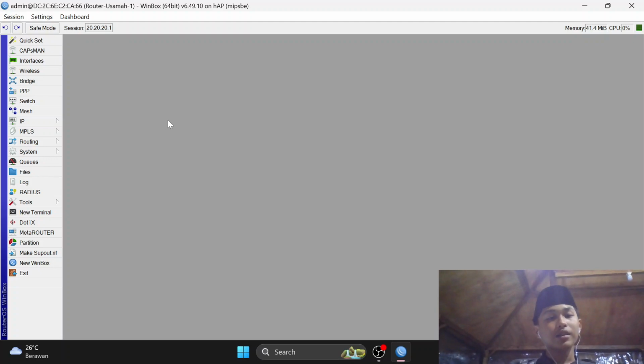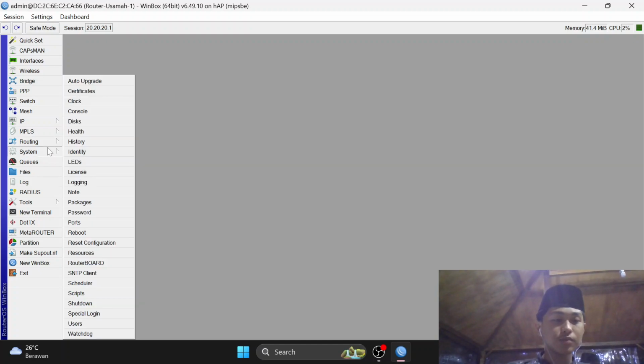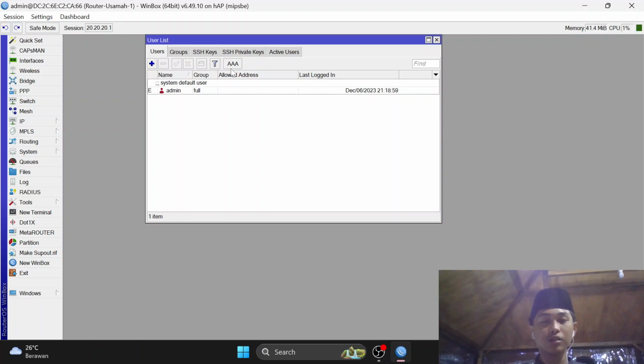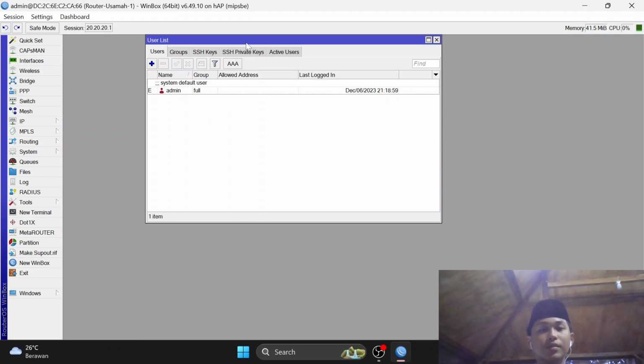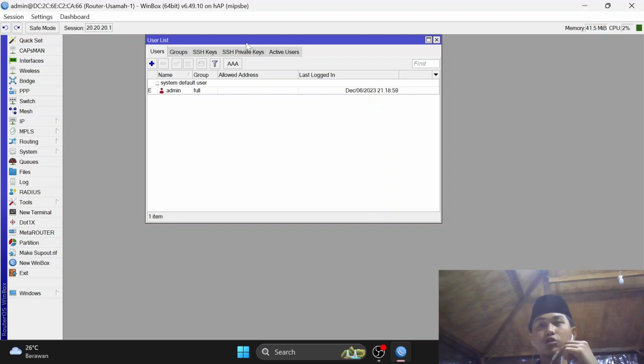For configuring or managing the users, you can go to System, and at the bottom there is the Users menu. Click it and it will show a window like this, the user list. This menu is the place we use to manage users.